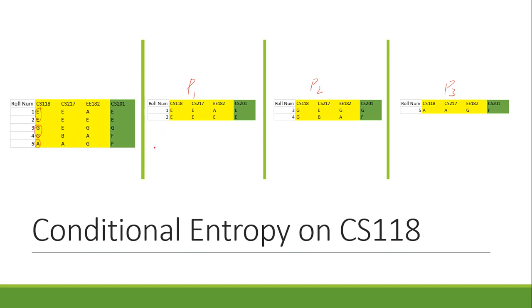Now, how we calculate the conditional entropy is that I want to calculate the entropy of this partition. So that is the entropy of column Y given that x1 has the value excellent. So that would be the conditional entropy where x1 is equal to E for column Y. And for the second partition, similarly, we can calculate the entropy of Y given x1 has the value G. And then for the third partition, we have the entropy of Y given x1 has the value A. So these are the three entropies, but these are the conditional entropies for these specific values.